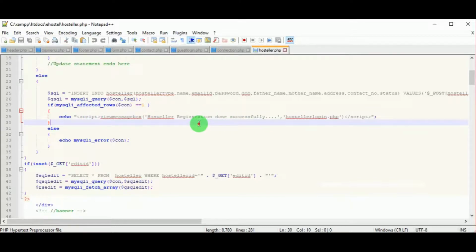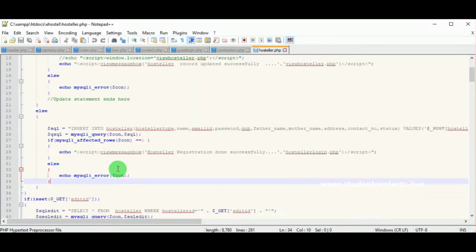That is because once you register successfully, the hostler has to log in. Because of that reason, they are redirected to hostlerlogin.php. Otherwise, error message will be shown.